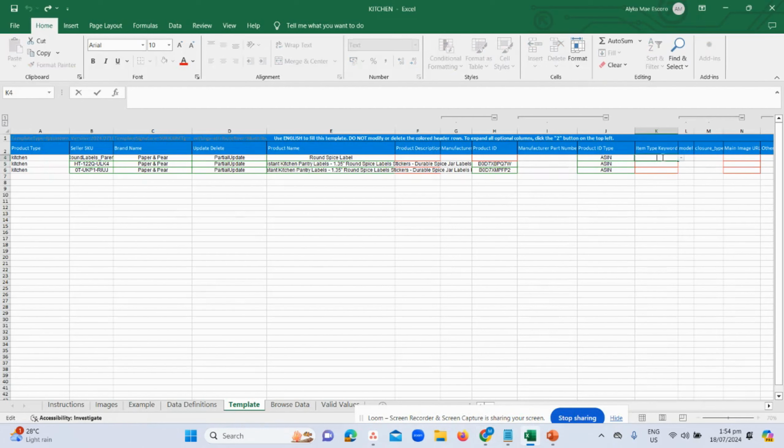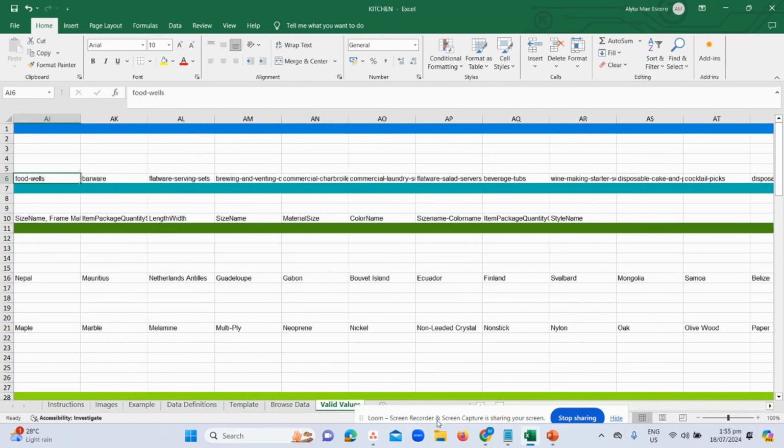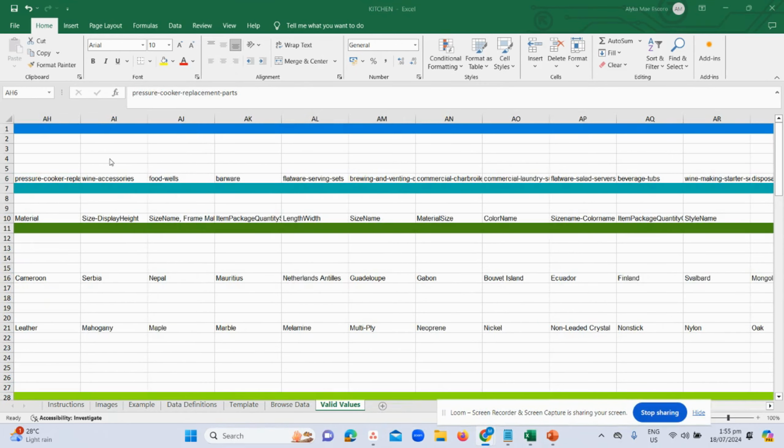Okay, so we're gonna put kitchen storage. Oh, hold on. Anyways, you can actually think of what to put in here. You can go to the valid values on this part. So just click valid values,